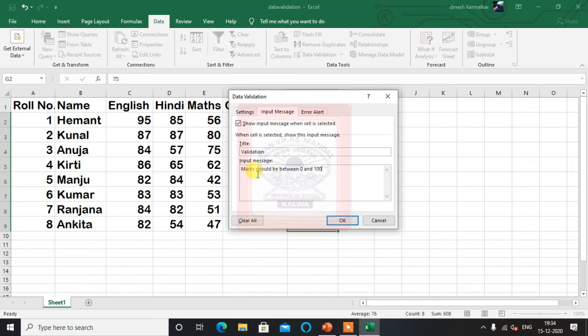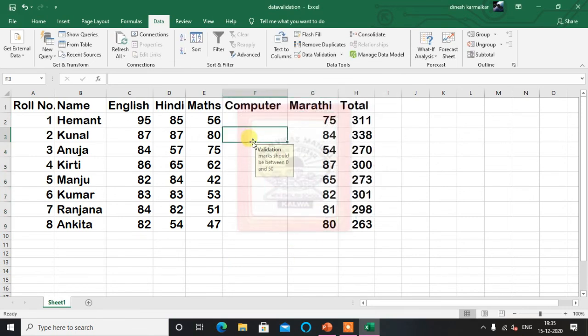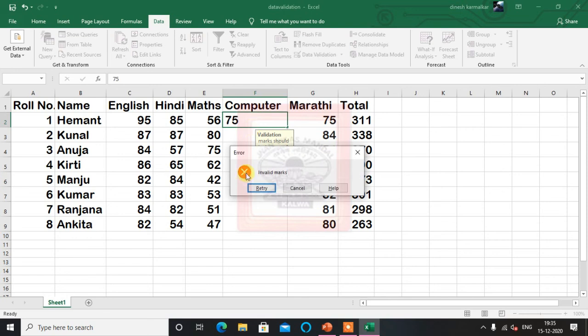Zero and 100. Error: invalid marks again. So here I will enter. If I try to enter above 75, it won't enter. It will ask to retry and enter a value between the limits.